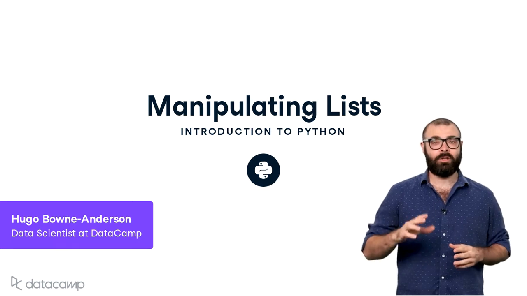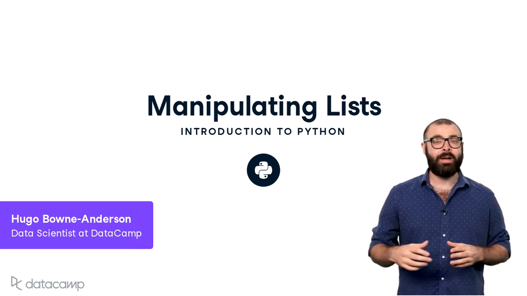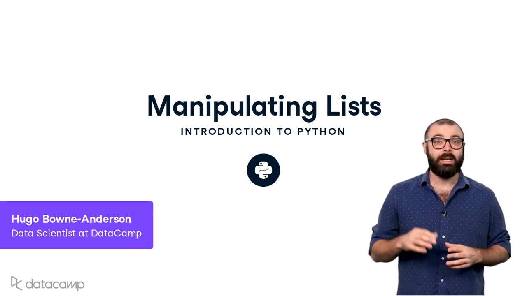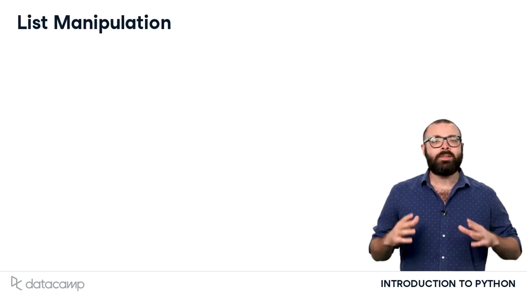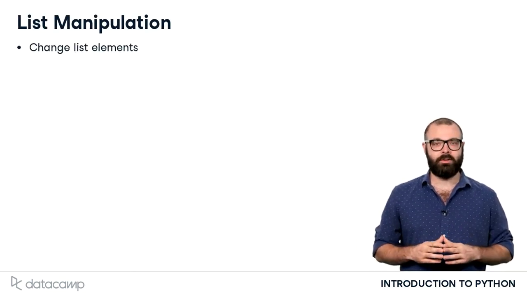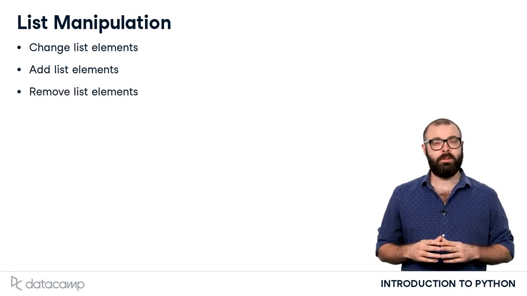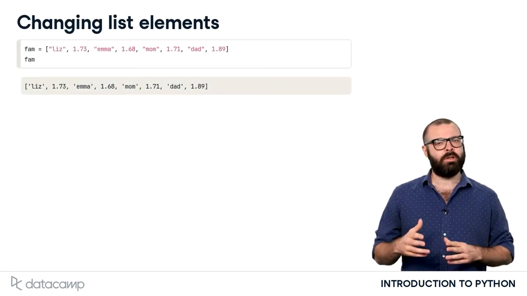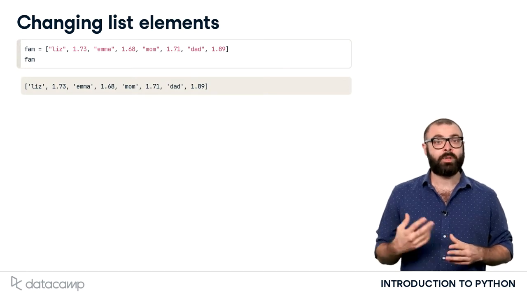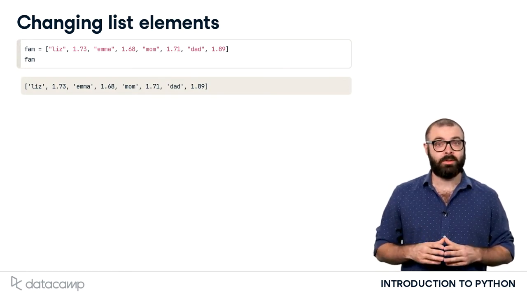So now, after creation and subsetting, the final piece of the Python lists puzzle is manipulation. These are ways to change elements in your list, or to add elements to and remove elements from your list. Changing list elements is pretty straightforward. You use the same square brackets that we've used to subset lists, and then assign new elements to it using